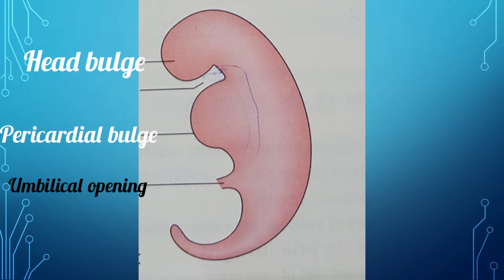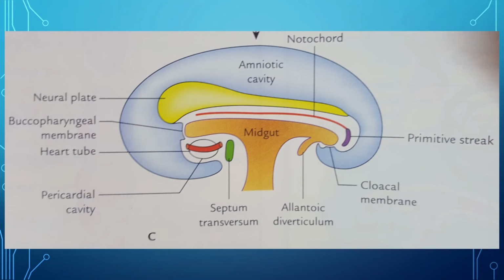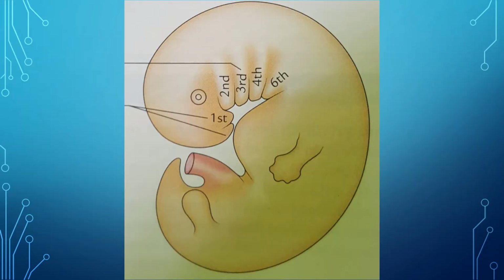The cranial end of the primitive gut is separated from the stomodeum by the buccopharyngeal membrane. Caudal to the stomodeum, a series of surface elevations appear in the lateral wall of the primitive pharynx. These are called pharyngeal arches. Initially, they are confined to the lateral wall, but gradually they extend ventrally and fuse with their counterparts of the opposite side to form horseshoe-shaped cylindrical bars.